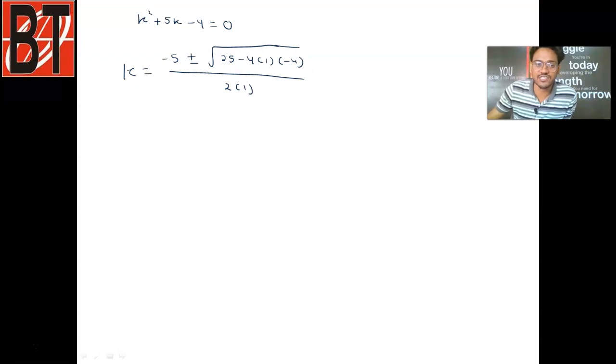Okay, so students, applying the quadratic formula, I will be getting the values of k. So the value of k is going to be minus 5 plus minus under the root of b square minus 4ac. You may check the value of b is plus 5. So 5 square will become 25 minus 4ac. The value of a is 1 and the value of c is minus 4. So upon 2, and the coefficient of k square is 1. Okay students, there should be no confusion. We are just getting the value of k by applying the quadratic formula.